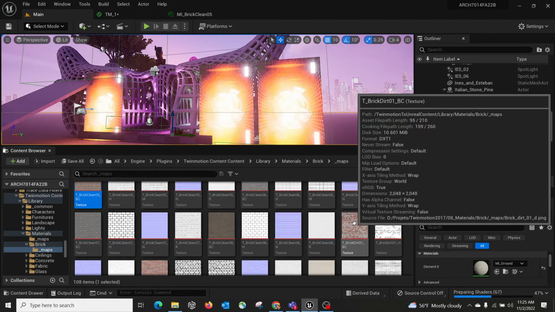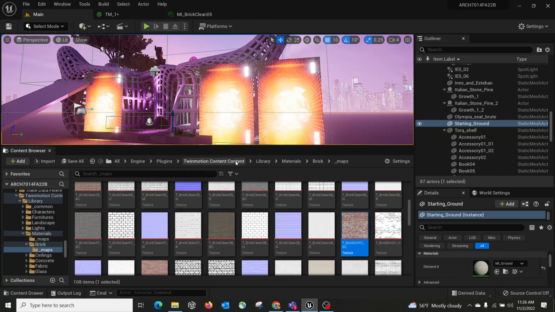So for me, I really like this right break. I will simply click to select it, which is under Engine, Plugins, Twinmotion Content, Library, Material, Break, Maps. It's a super long path, but it's consistent. Once you install the plugin, it's always there under the C drive. So what I will do is make sure this one is selected. Then you go back to